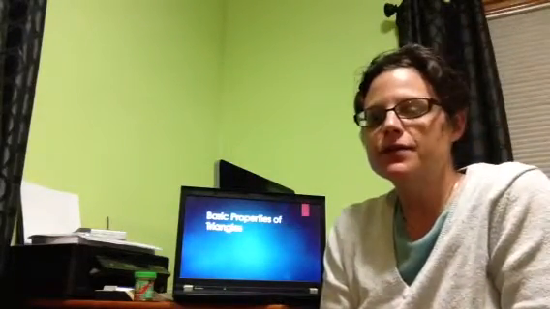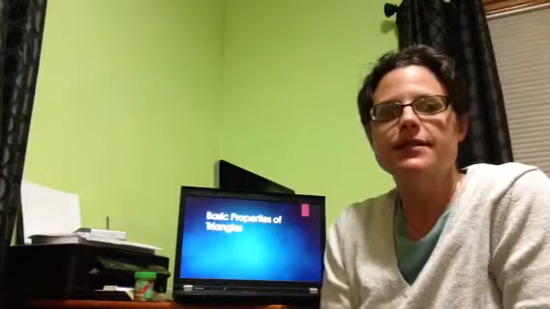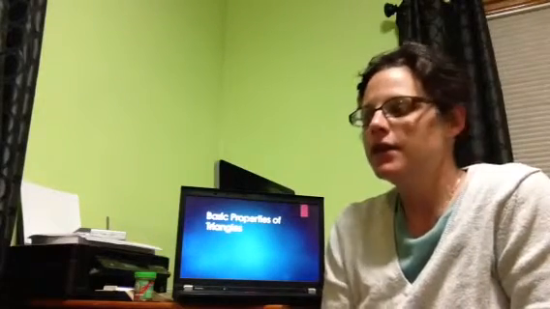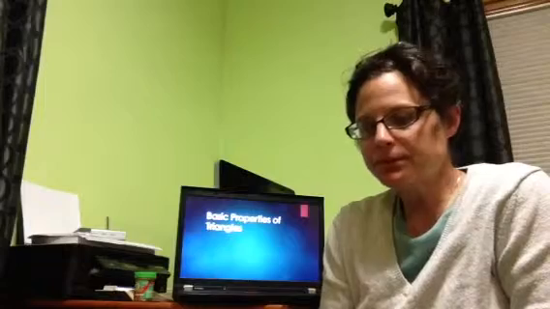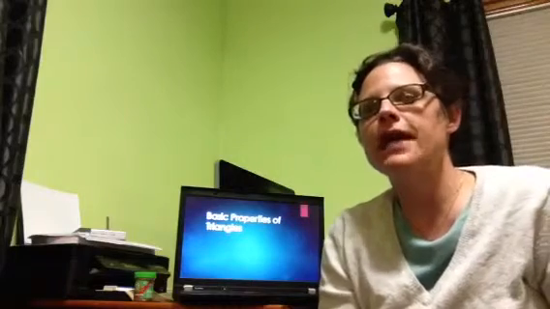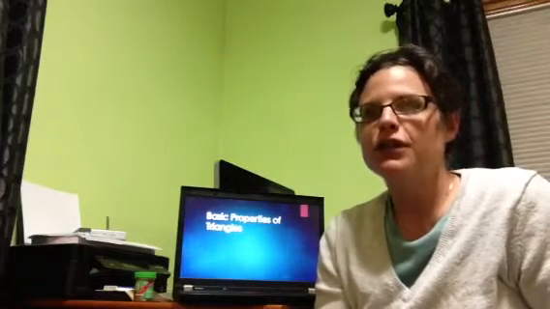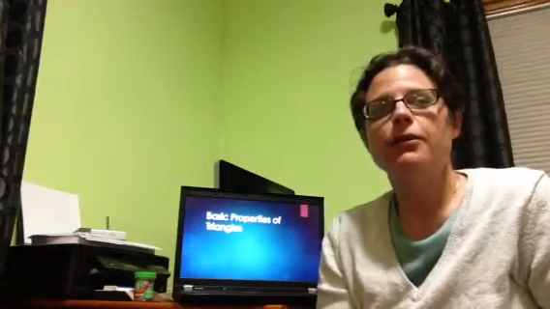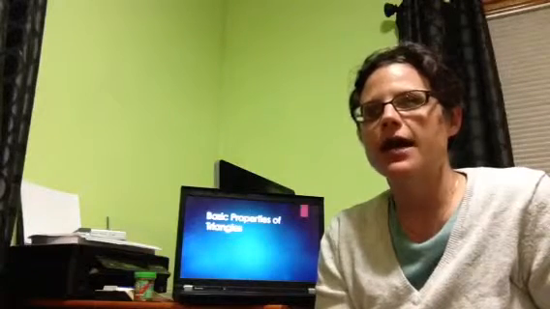Today we're going to talk about the basic properties of triangles. A triangle is a shape that consists of three sides and three angles. Of these three, the lengths of the three sides and the size of the three angles determine how we would categorize the triangle. We're going to talk about the four basic ways to categorize a triangle based on the length